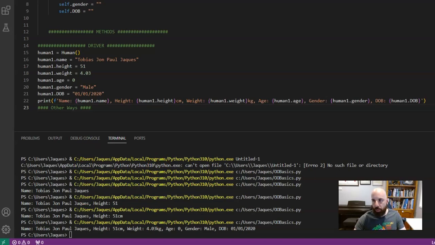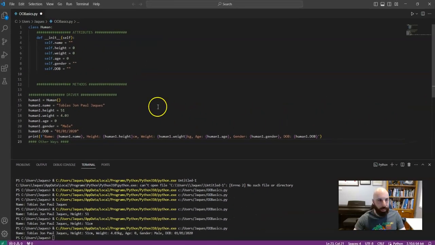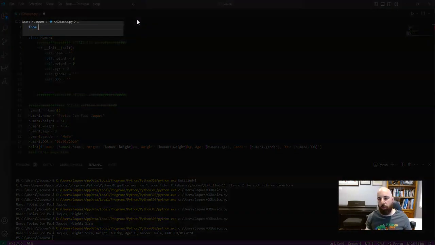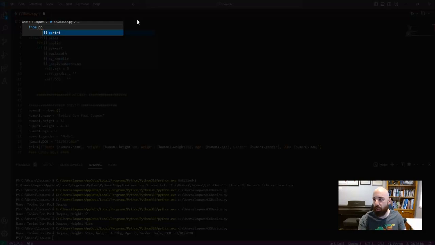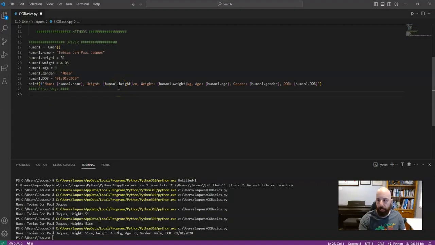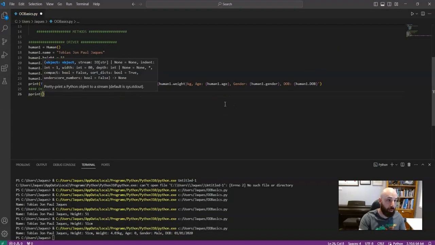Now, what we need to do is import a particular library to do this. So up the top here, just above the class, we're going to use a special library called pprint, and it allows us to print attributes from a class super easily. So I'm going to import it. And then what I could do is use a simple loop. Actually, no, I don't even need to use a loop. I could just go